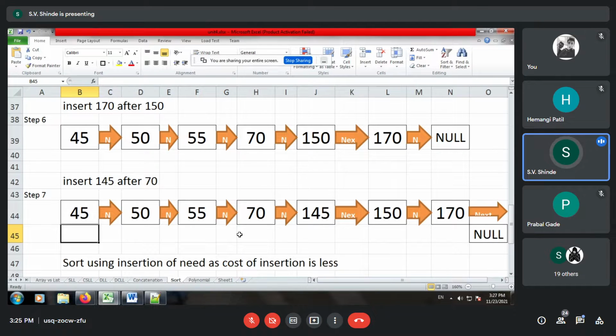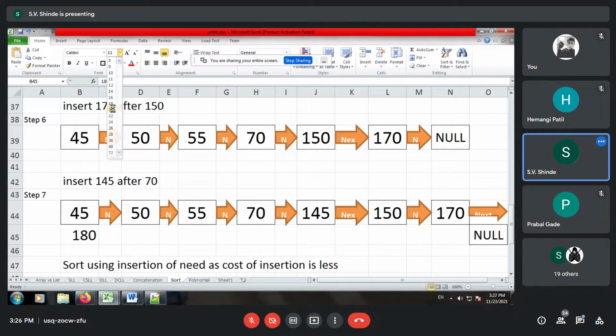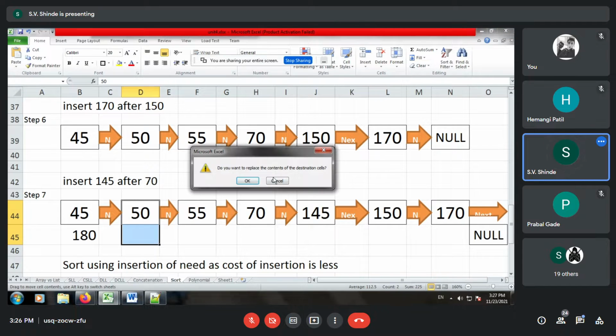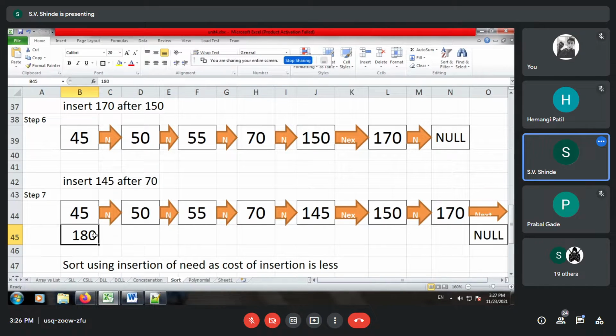So for example, let us search for 180. The number doesn't exist. The first comparison is we compare this 180 with 45. The result is false. Then we move further and the same 180 is compared with 50.